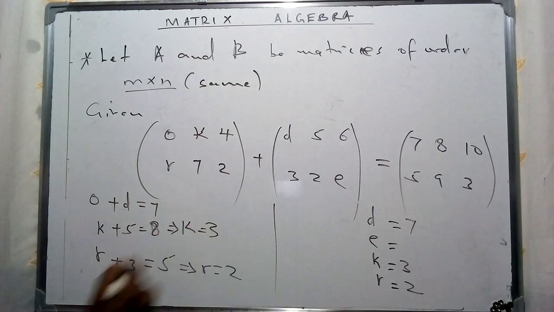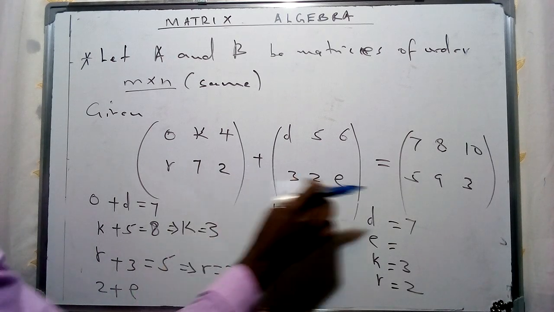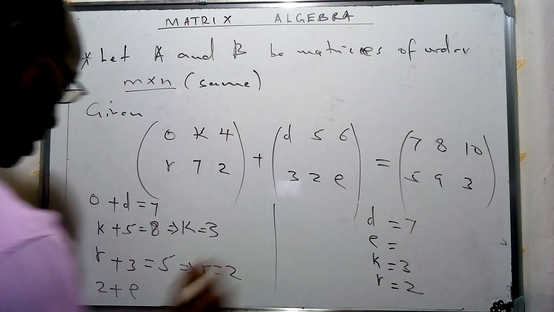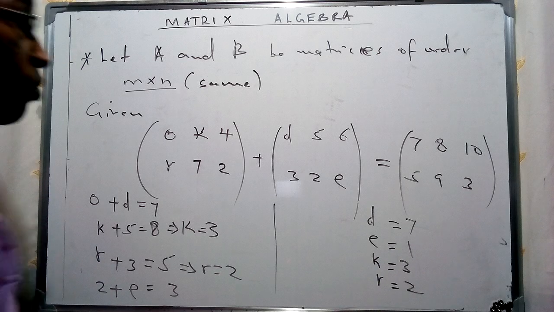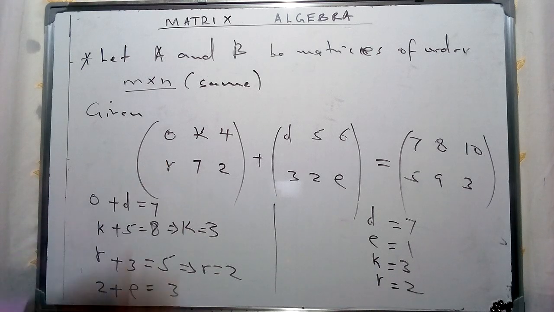So if we take E, we are going to have 2 plus E. So this is a corresponding entry, equivalent to 3. So this basically implies that the value of E is equivalent to 1. So using this specific analogy, which we have just defined for addition or subtraction of matrices, this is going to assist us in evaluating a various range of matrices which we are going to come across in our